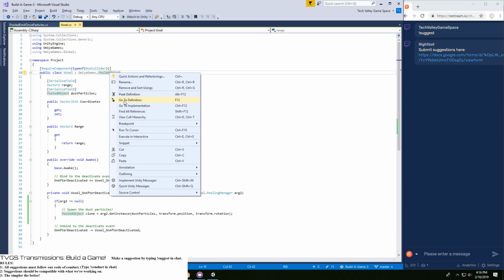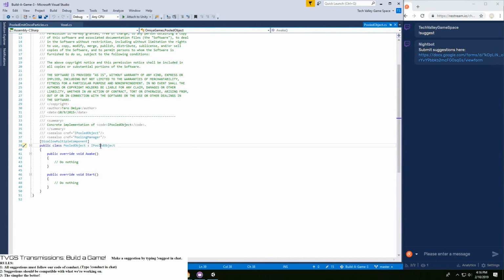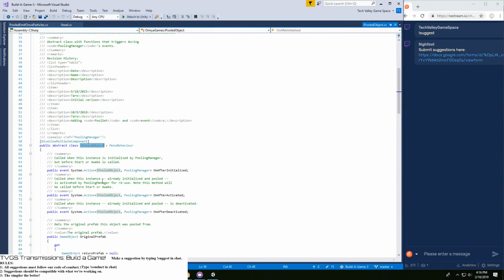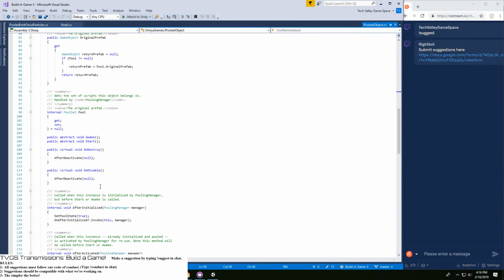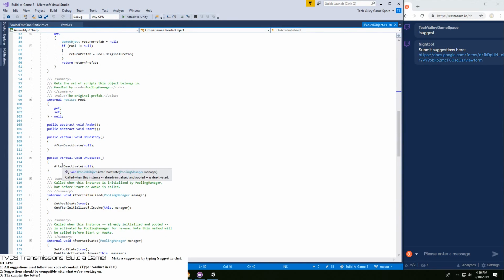Out of curiosity, let's deep dive into this script because I think somewhere in here it has an on disable. Yeah, it has a virtual on disable after deactivate.